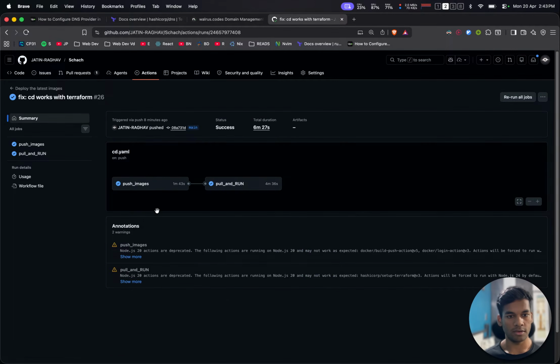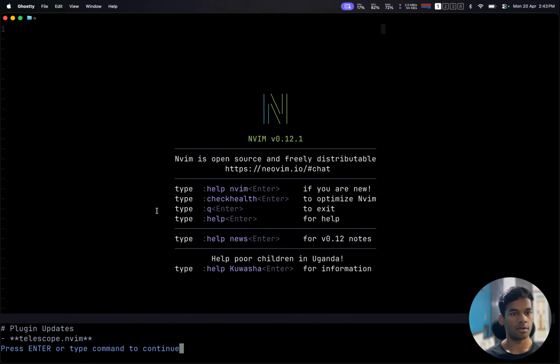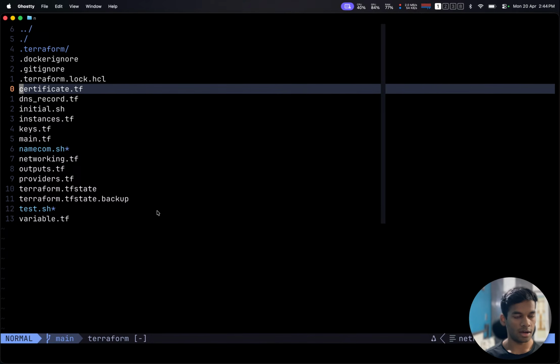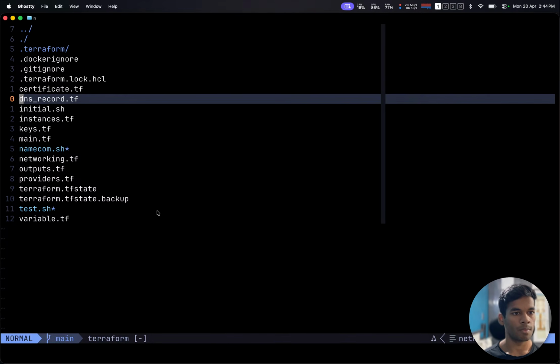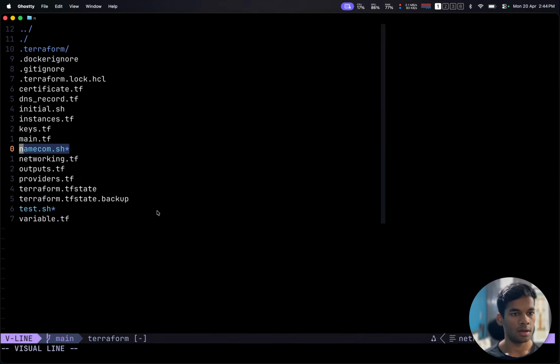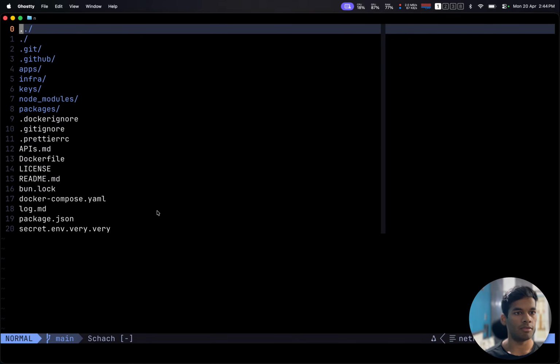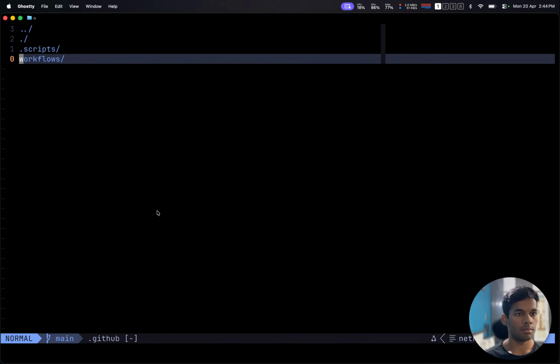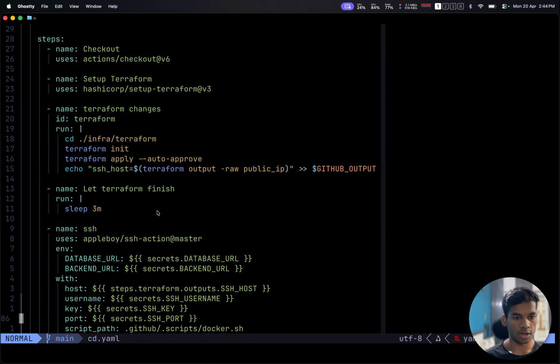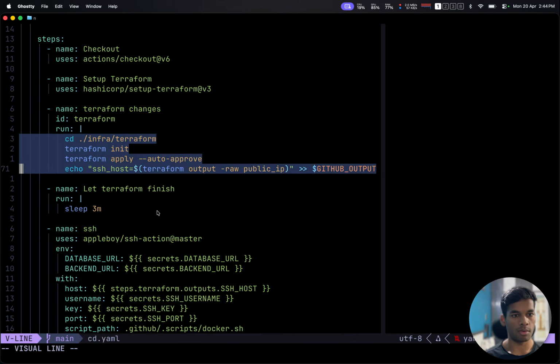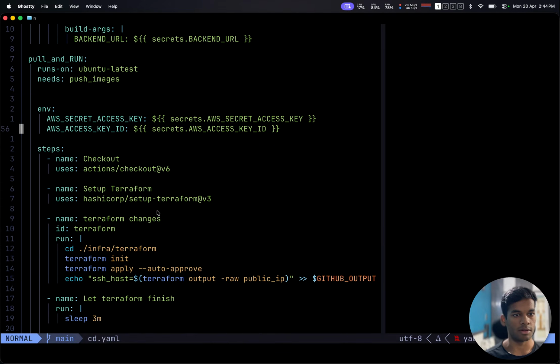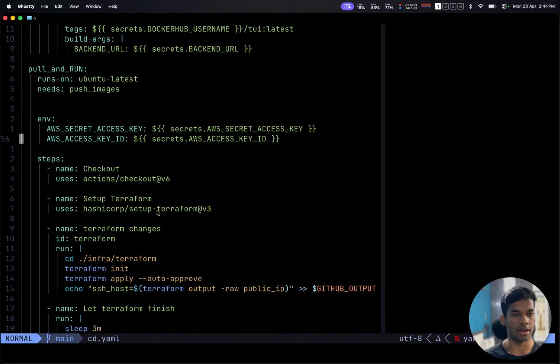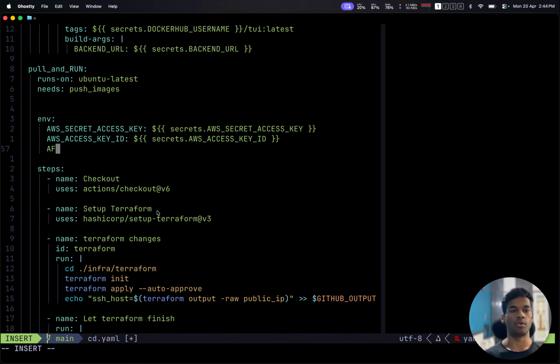Now the only thing that we have to change is we have to add a way in our GitHub workflows so that before we do Terraform apply, we are giving some environment variables, which we are actually giving here. So we just have to add here a few more, TF_VAR_namecom_username, whose value would be equal to,